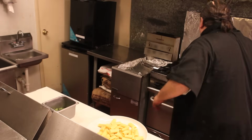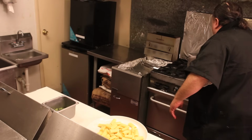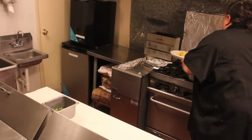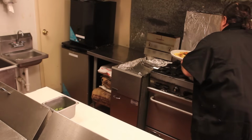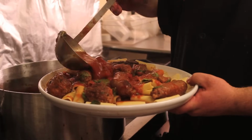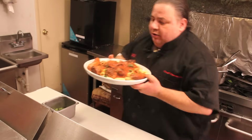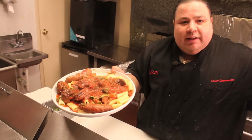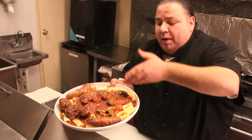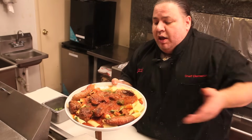Okay. Give this sauce a last and final stir. And now here we go to the plate. We got some cooked rigatoni. Our Sunday gravy, beautiful. And there it is. Look at that. Like I said, Sunday gravy, Sunday sauce, call it what you will. Your meatballs, your braciole, your Italian sausage, a piece of pork,